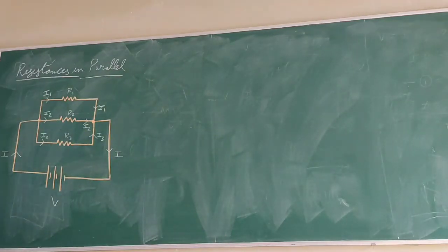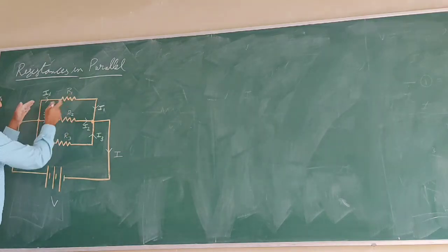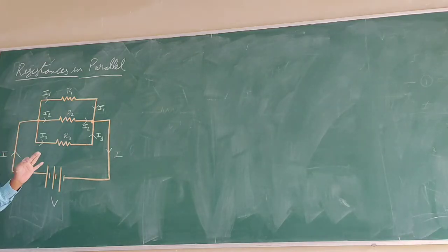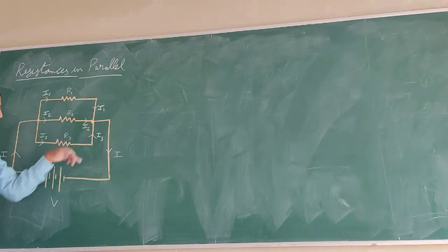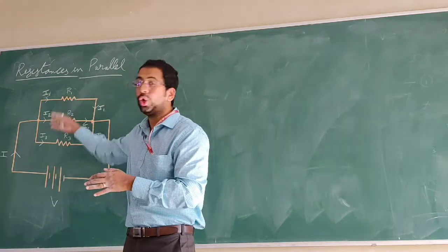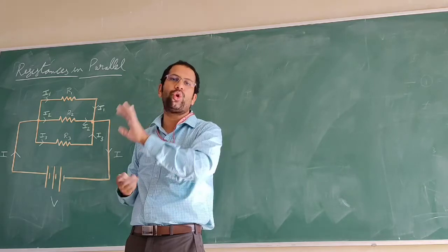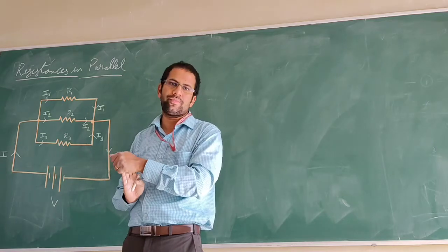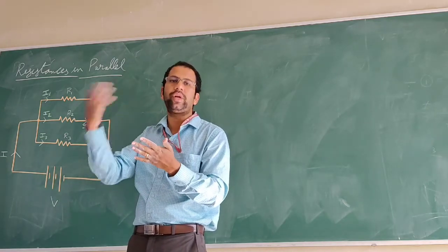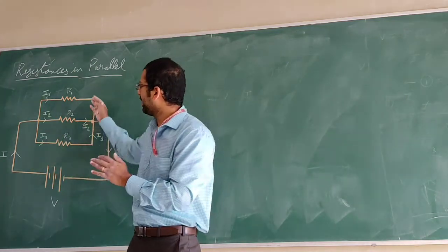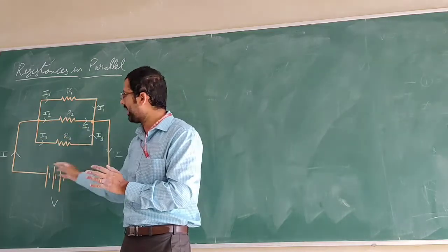Now, this is a parallel resistance, and it is connected to the voltage source. One end is connected to the higher potential, another end is connected to the lower potential. This is generally called the load. When I talk about load, it means electrical load, which is actually impedance. Impedance can be resistance, capacitance, or inductance. As we are generally dealing with DC, it will become only resistance. So the total resistance is connected to the voltage source.